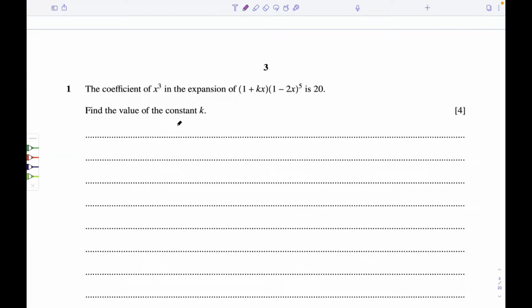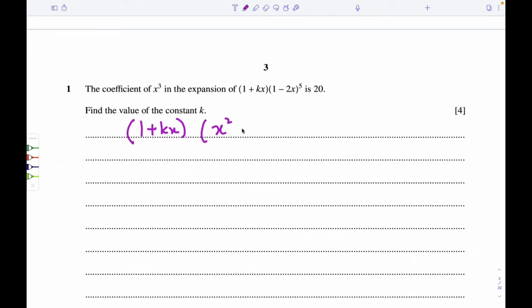In this question, we have to find the coefficient of x cubed in the expansion of (1 + kx)(1 − 2x)^5, which is 20. We have to find the value of the constant k. Now, to find the coefficient of x cubed, 1 + kx needs to be multiplied by a term in